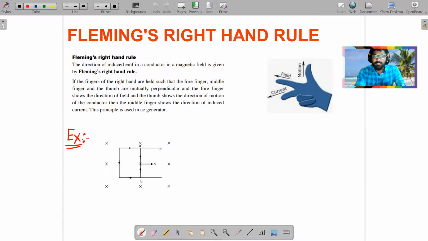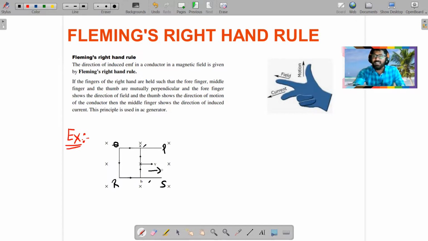Here PQRS is a rail made of conducting rail. On this conducting rail, we have kept a conductor AB. Now, by using some mechanical force, if you make this move to the right with velocity V,